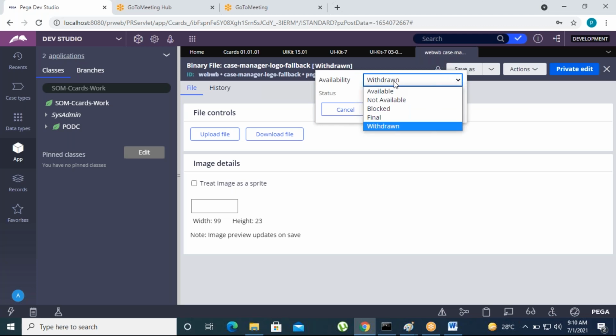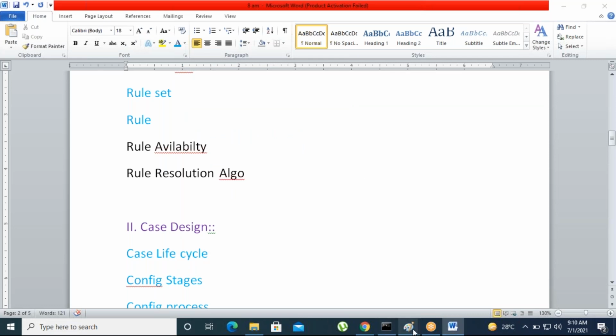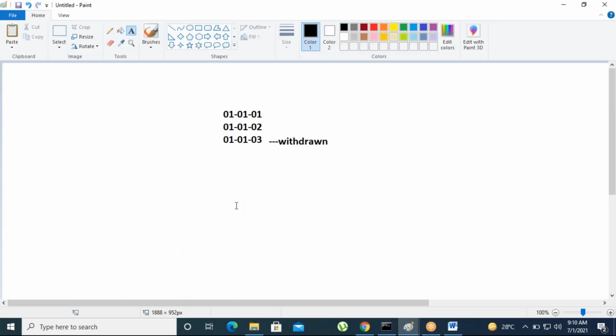What about final? What is the difference between final and available? There is a difference actually. Available, I already told you.